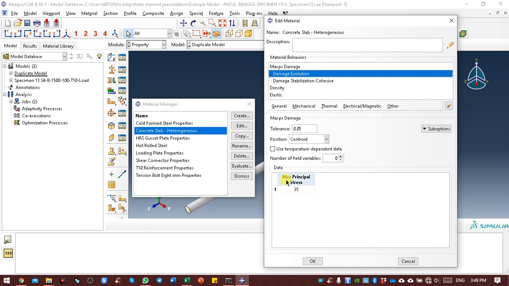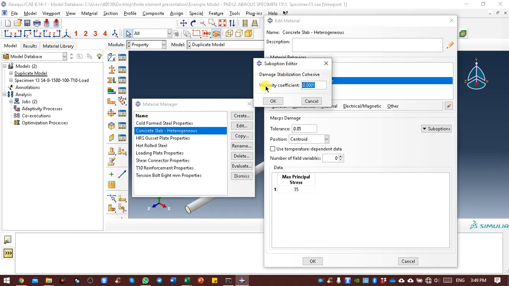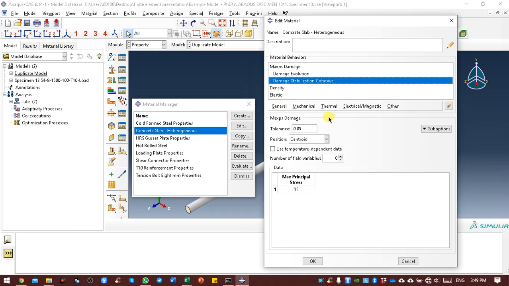The damage evolution max principal stress is the compressive cube test that you get, for example 35, and then the damage stabilization cohesive, which is the viscosity coefficient, you input 0.0001. So for the concrete properties, there's a lot of uncertainty because it is a heterogeneous component.